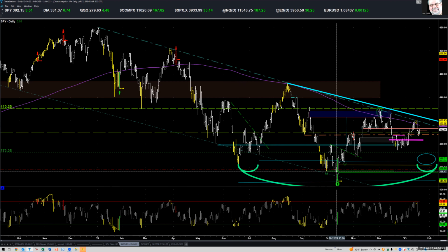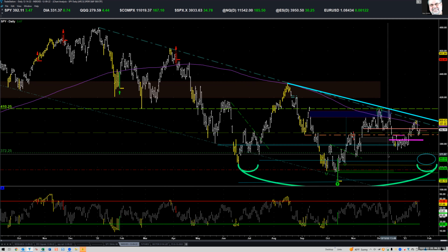October 13th is blatantly obvious because of the bullish engulfing. My green automated trading system caught the bottom of this market to date. And it rallied up very nicely to the major bear trend line, got almost overbought, ended up with a minor double top at 410.49, and that's the second little high here on